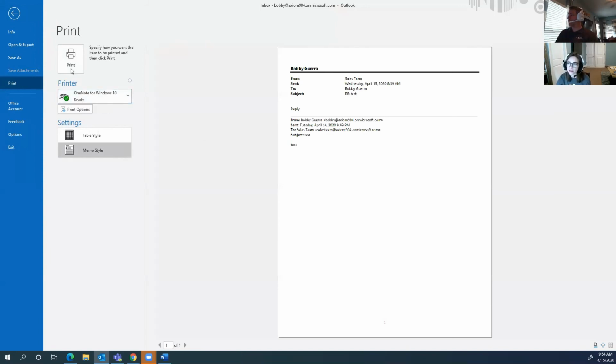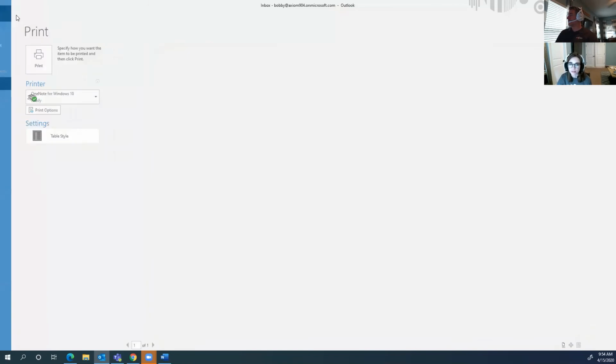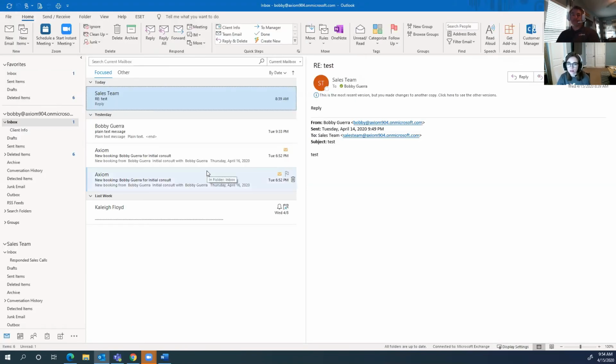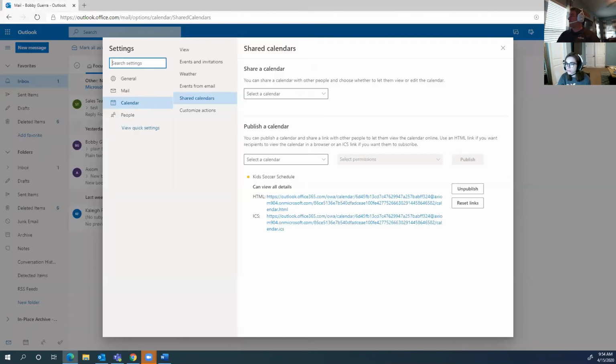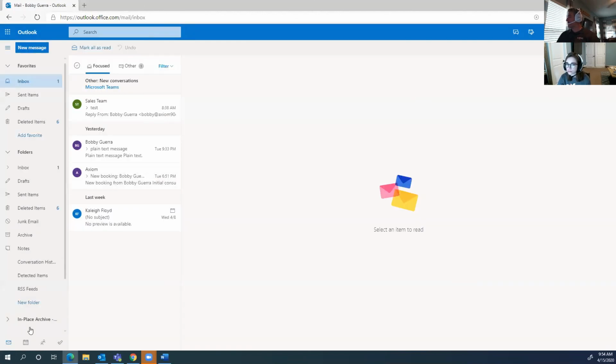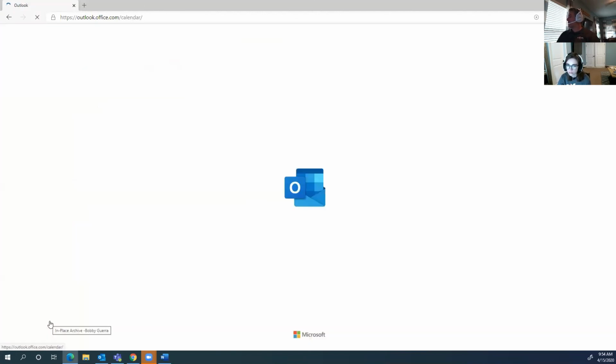Sherry asked, does Mac have the room option? Yes, that's a function of Office 365, and it works for all of them, no matter what product you have, as long as you have the Outlook application. You can even use it on the web client, being able to see webmail. Yeah, it's even available here. So if I go to calendars.